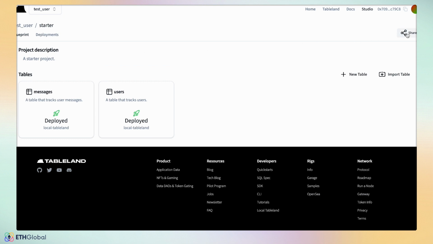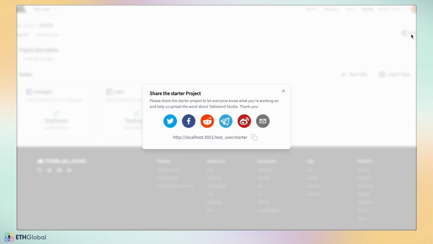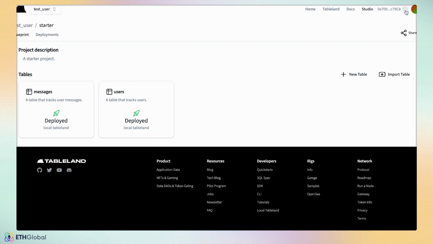The last piece, and this is useful especially for hackathons or if you're just sharing information about your project, is the share button. Click it, and then you can have a link that you can copy and send to whomever you'd like. Again, right now we only have a single user interaction on a project, but that allows you to at least share information around your project for visibility purposes, and later we'll let other users interact with a project as well. So that's a summary of